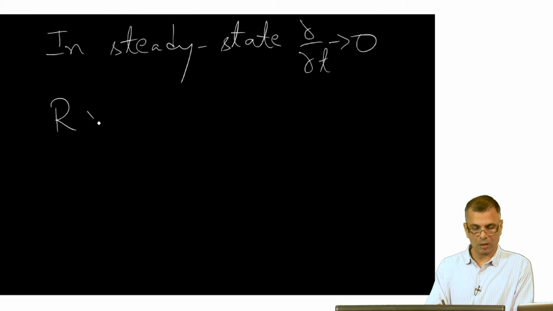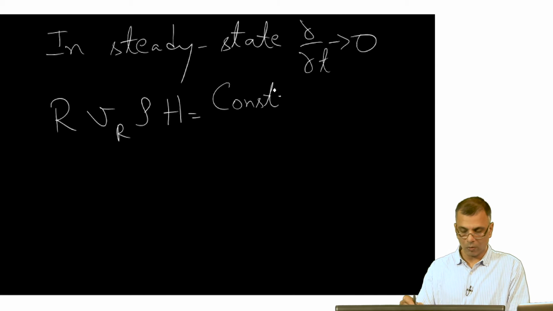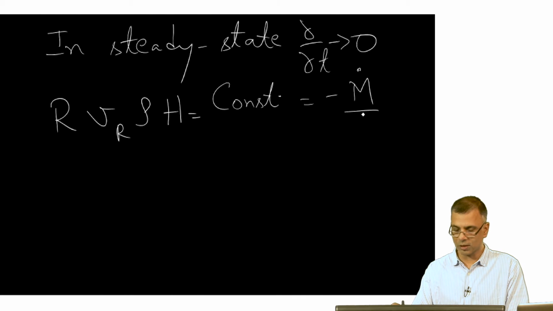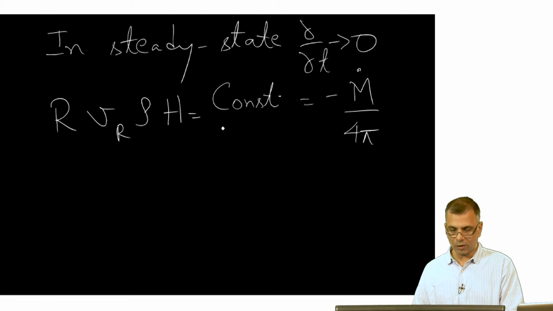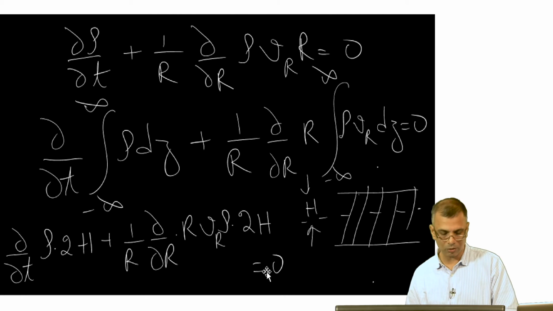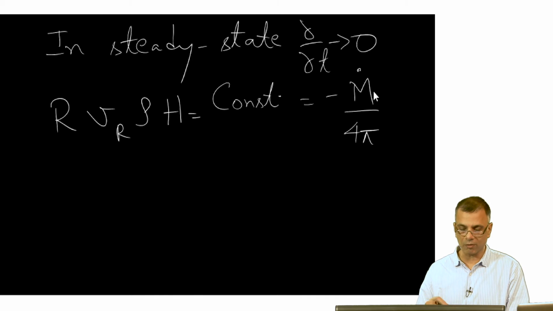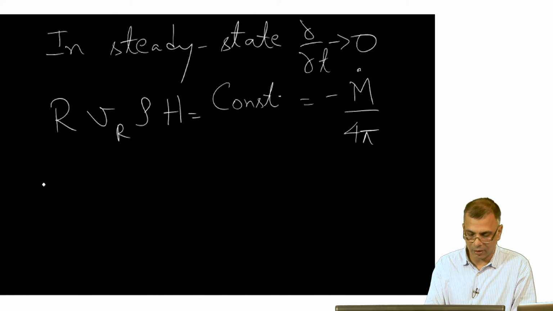this essentially yields r equals some constant, which the constant can be anything. I choose to write this as minus m dot over 4 pi. Okay. So this is simply an integration of this equation, an integration of just this term of the equation. I integrate this, and so I just solve this differential equation, and this is of course the all important accretion rate. And so essentially I can write the accretion rate as